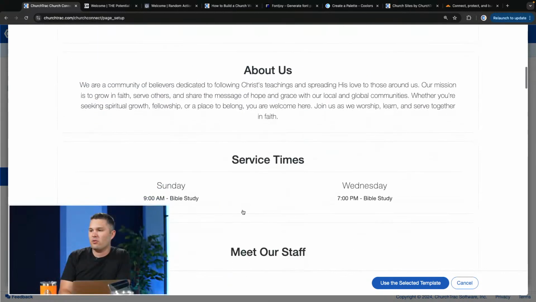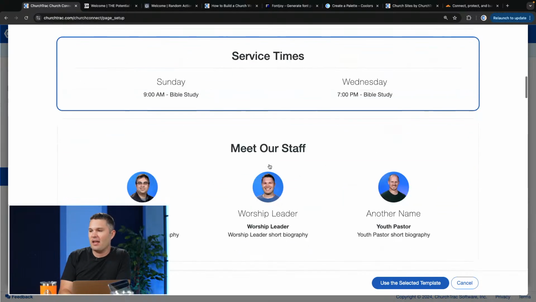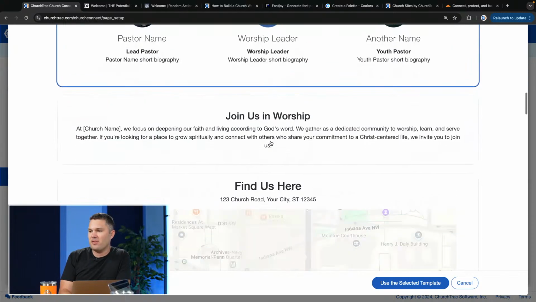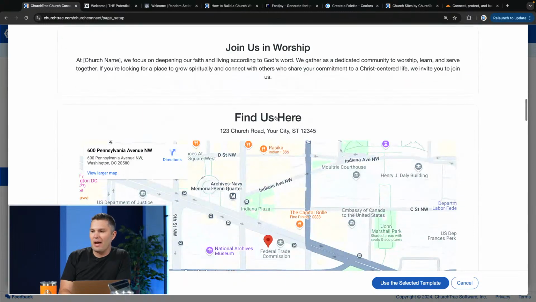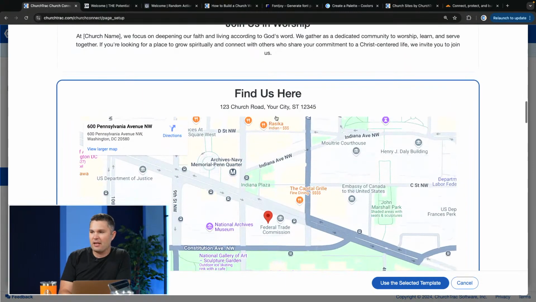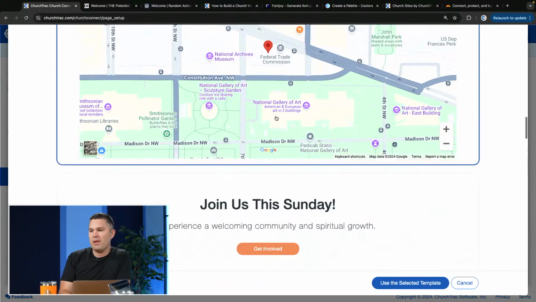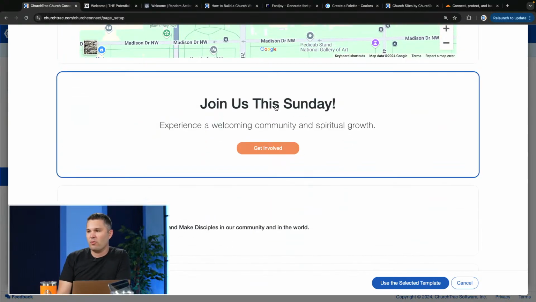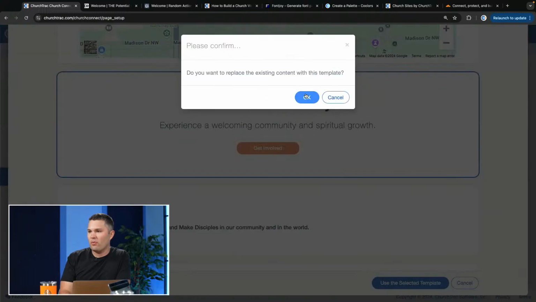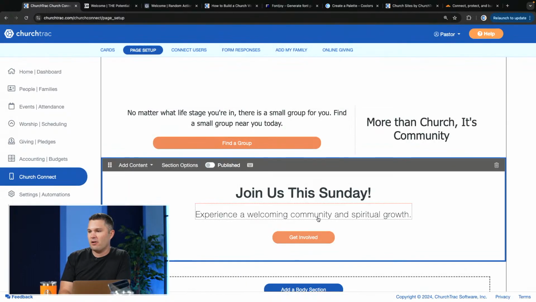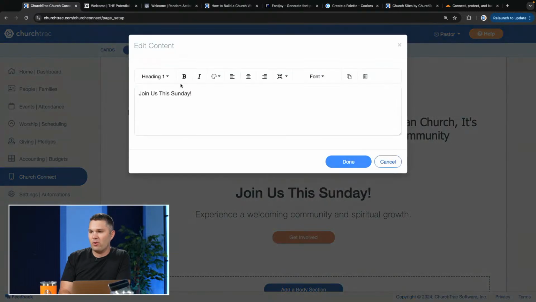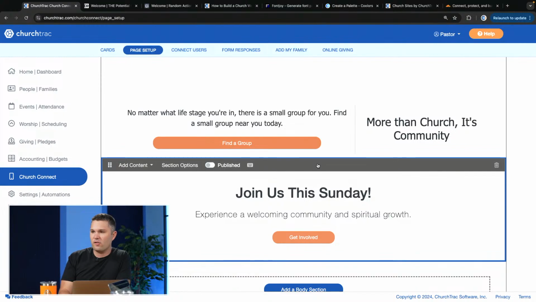And so if you're wanting to do a quick service times, boom, I could select that. If I want to meet the staff, there we go, I've got meet the staff. If I want to throw in a huge map because I want to make it easy for people to find out how to get to our church, we have all this pre-made stuff. Here's a great section here with a call to action. So if I wanted to add that in there, I could real quick. Do I want to add it? Yes. And then from here, I can start customizing it, whatever I want it to say and stuff. And so really think through the content you want to make and just go ahead, use that page